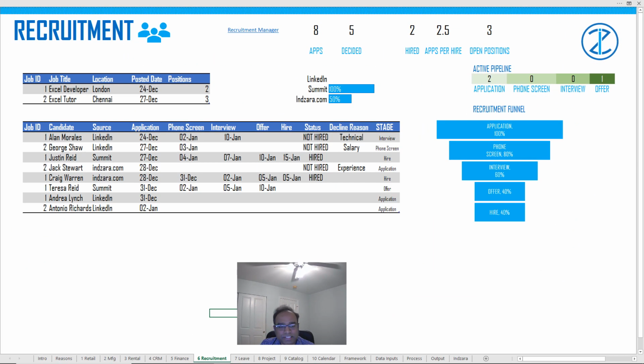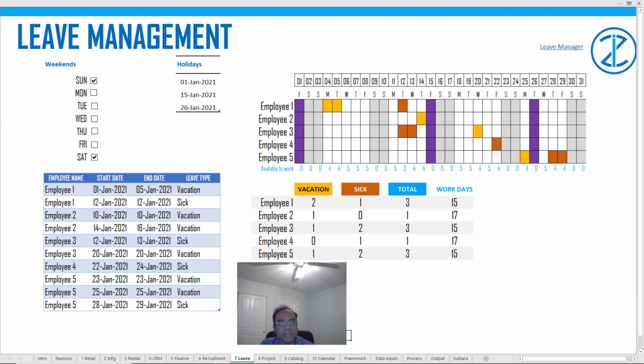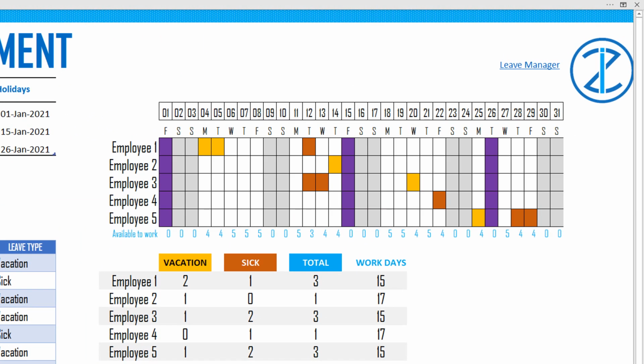For the next example, we're going to stick within the HR world, but we're going to look at leave management. In this scenario, we can track the number of days that the employees have taken leave and also how many days they are available to work. You can use it from a pure reporting perspective